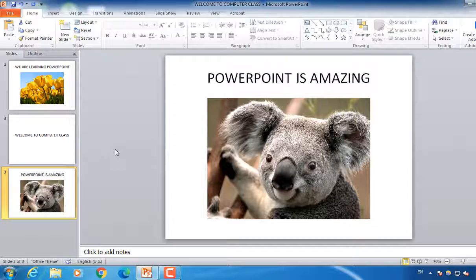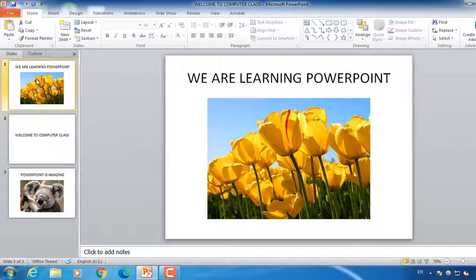Now we will go to the next topic on page number 33, copying and pasting slides. Suppose I want to copy the first slide here, this one, and paste it after the third slide. So first of all we will select this first slide, then we will press Ctrl plus C on the keyboard. Ctrl plus C is the shortcut for the copy command. So we have copied this slide. Now we will paste it after the third slide. So we will click after the third slide here.